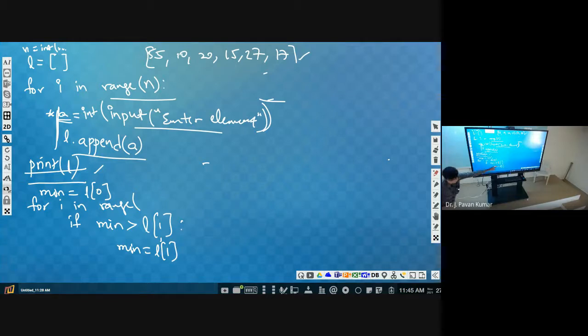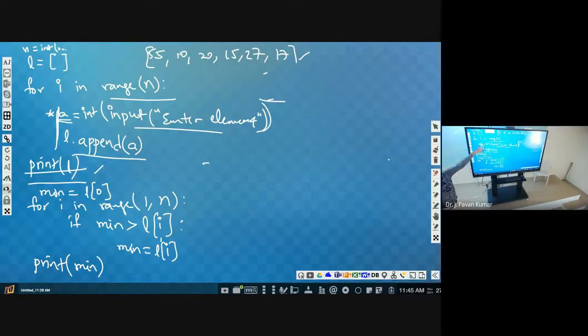We have to start from 1 comma, up to n minus 1 we have to go. So we have to give n. Range of 1 comma n, we will be comparing like this. What should be here? L of I. What should be here? L of I. Like this we will update. Then finally after completing the loop, we will be getting minimum, that is print minimum. Got it?